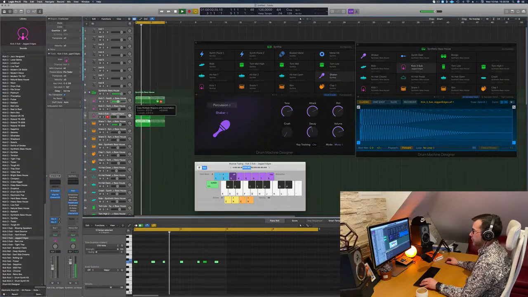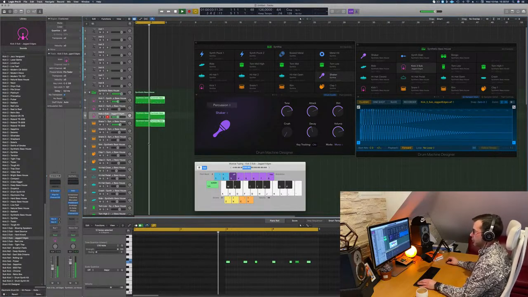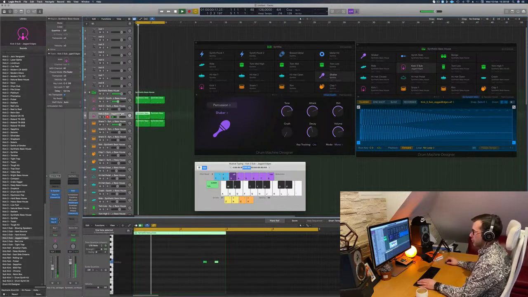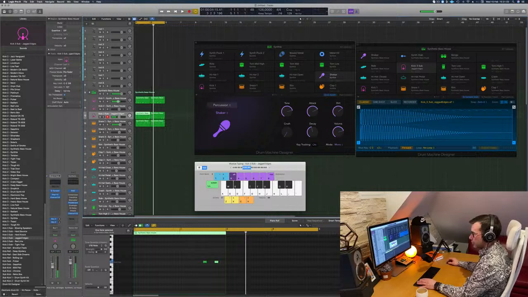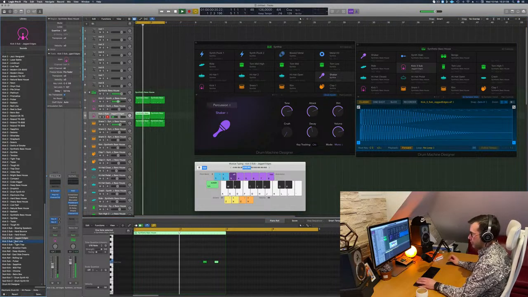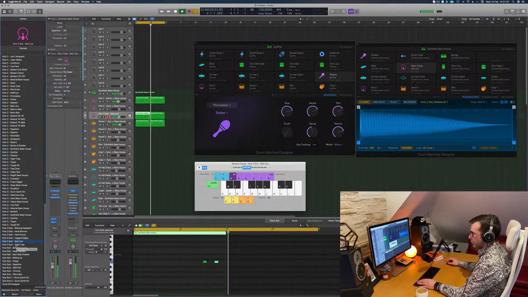Loop it so at least I get the continuity. So I guess you see where I'm going with that. I'm trying to find